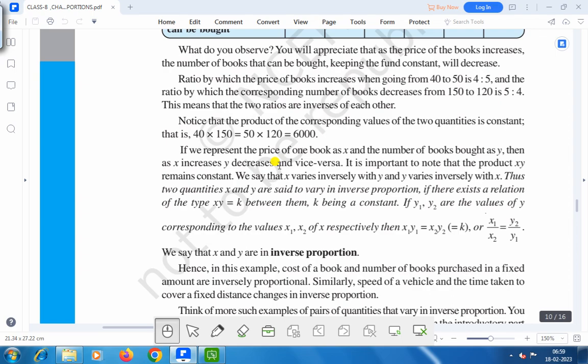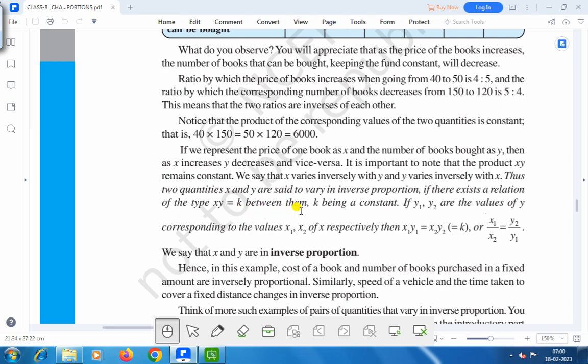If we represent the price of one book as x and the number of books bought as y, then as x increases, y decreases and vice versa. It is important to note that the product xy remains constant. We say that x varies inversely with y and y varies inversely with x. Thus, two quantities x and y are said to vary in inverse proportion if there exists a relation of the type xy = k between them, k being